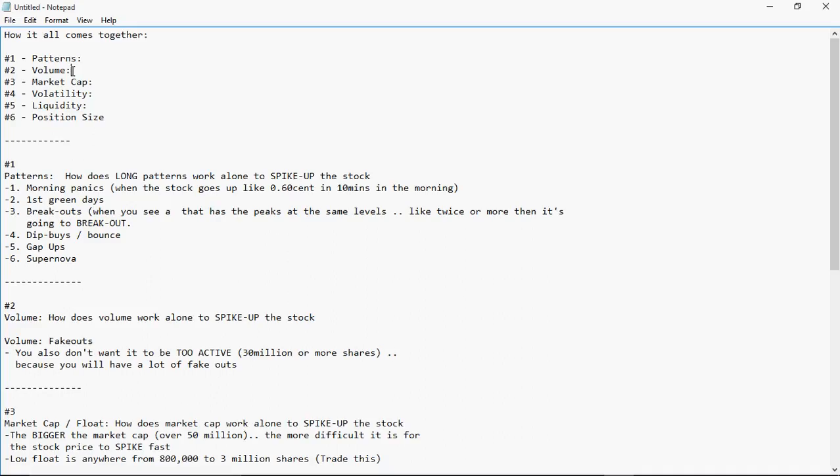You got the pattern right, but the volume must be right. The market cap must be right. The volatility, the liquidity, and the position size. All of these have to be right too, because all six of these are going to work together. If you just focus on the pattern, say supernova, but